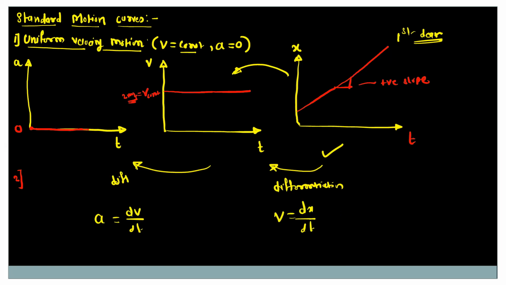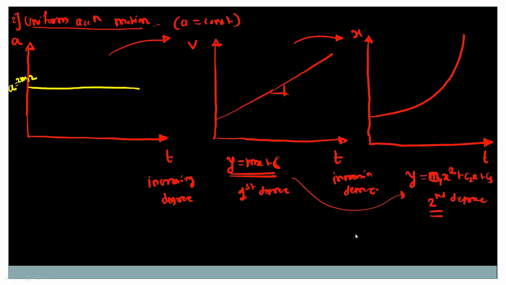So v is equal to dx by dt. This is nothing but the slope of the xt graph. So if you find out the slope of the xt graph, then we will get directly the velocity value. And if xt graph is a first degree curve, then velocity will be a constant value. So now refer to the given problem. In the first problem,